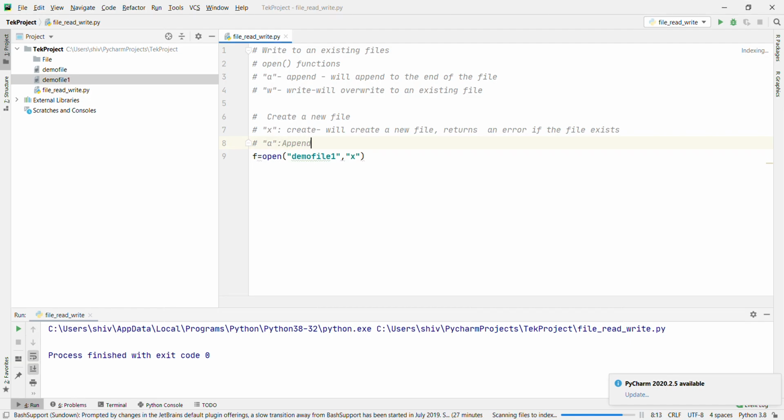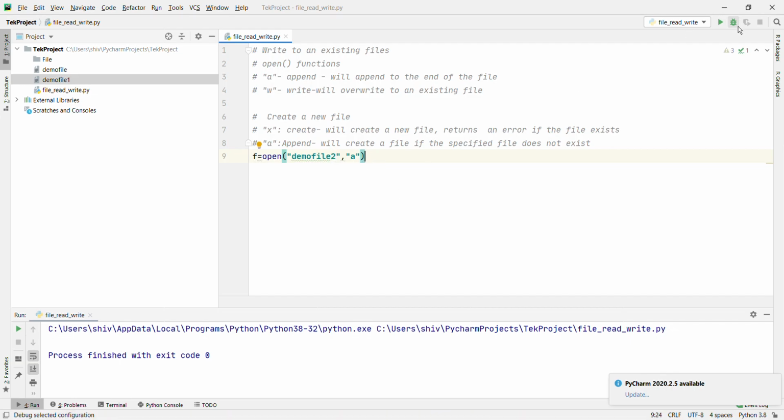Use append, it will create a file if the specified file doesn't exist. Okay, same example, if we are going to use a with demo file 2.